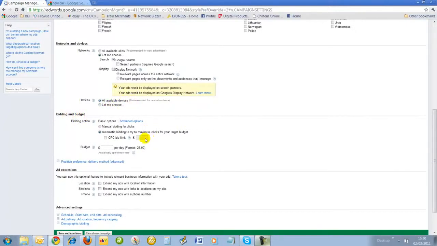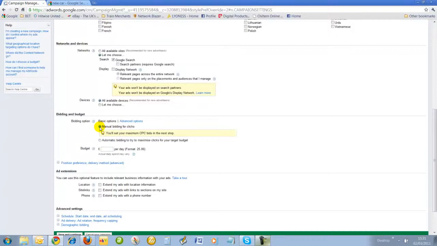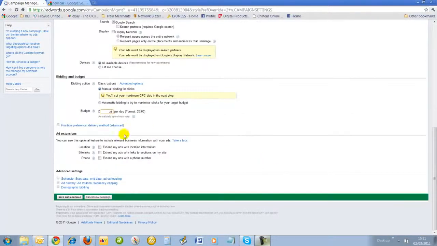Bidding and budget. How much do I want to spend? Now Google would like me to spend a lot of money. There are two things where I've got a choice here. I can manually bid for my clicks, as AdWords works on a cost per click basis, or I can let Google automatically do my bidding for me. Now I want to be in charge of this to start off with, so I'm going to click manual. Okay, so I'm going to choose a budget of £25 per day,